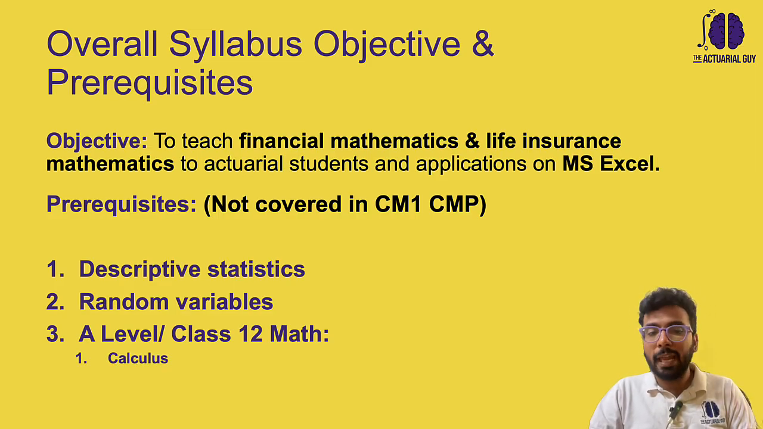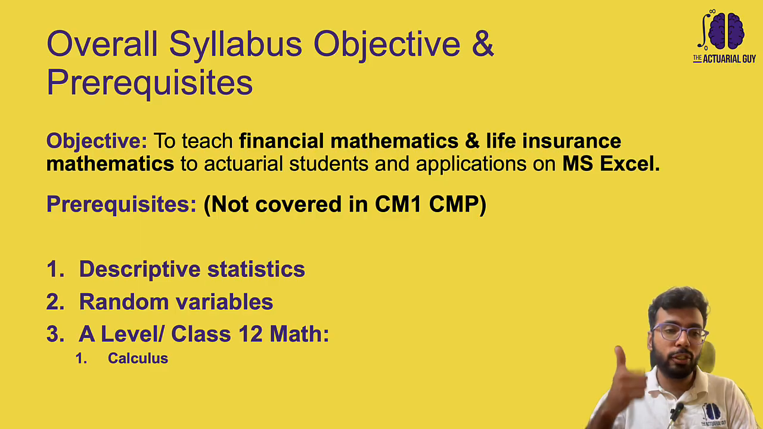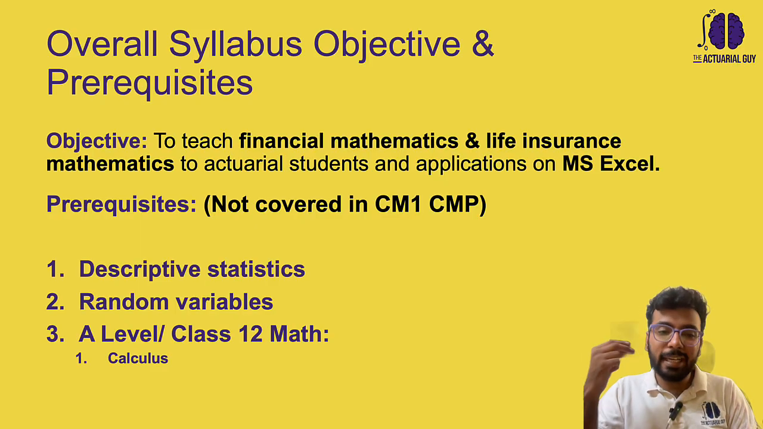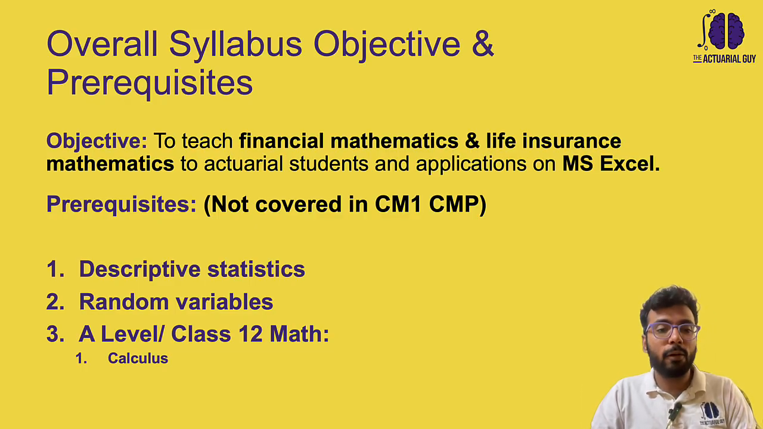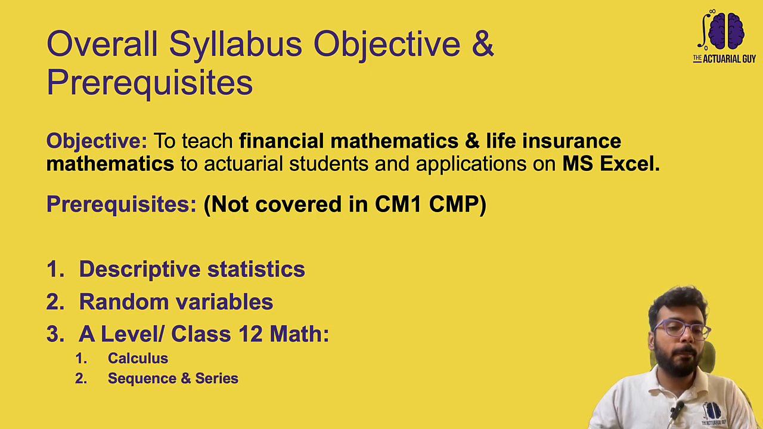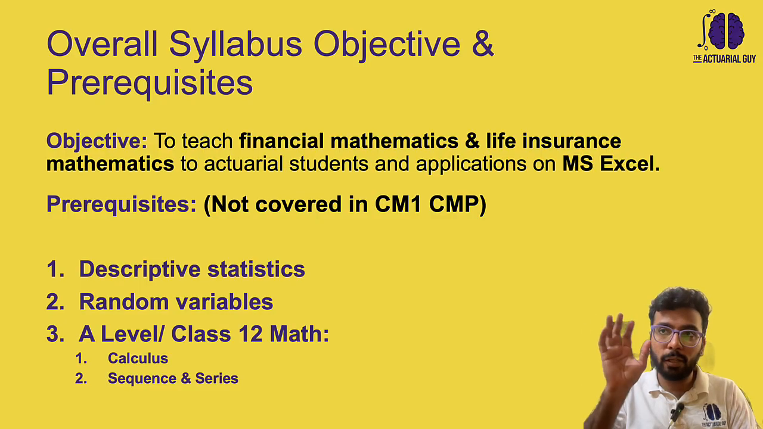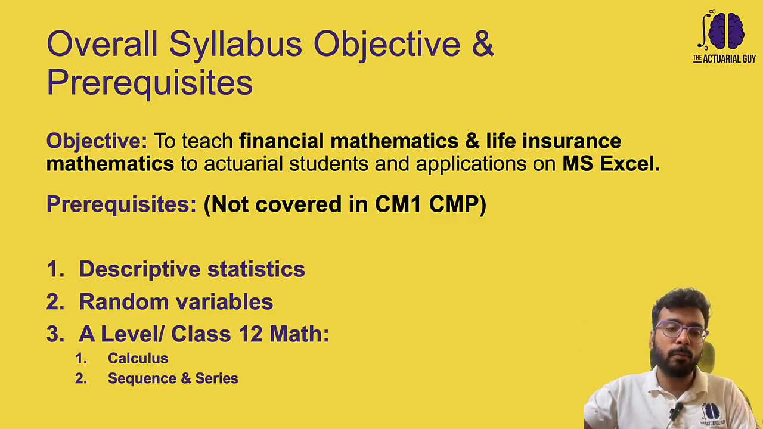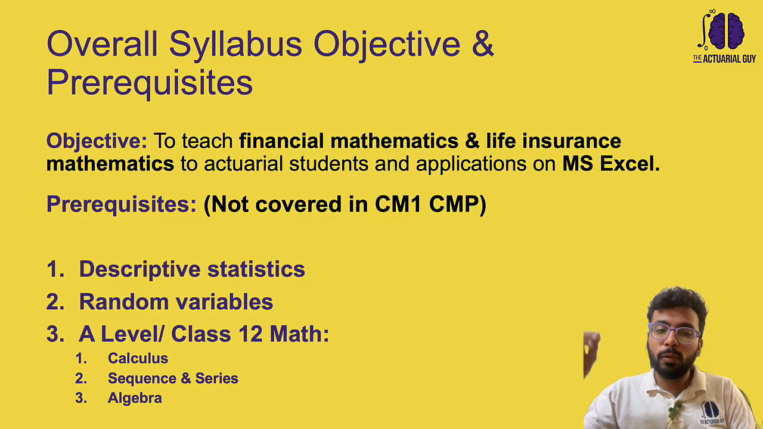So you need to know calculus, basically integration, differentiation, application of derivatives, right? Mostly integration is used a lot in CM1, right, for valuation of continuous cash flows and continuous probability structures. Then you need sequence and series, again very important for CM1. You need to know your arithmetic progression, geometric progression, how to get their nth term, how to get their sum, all of that, right? You need to know algebra,